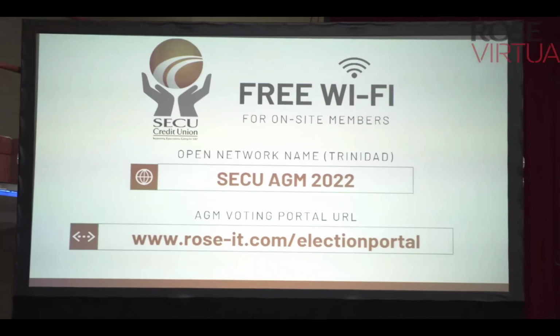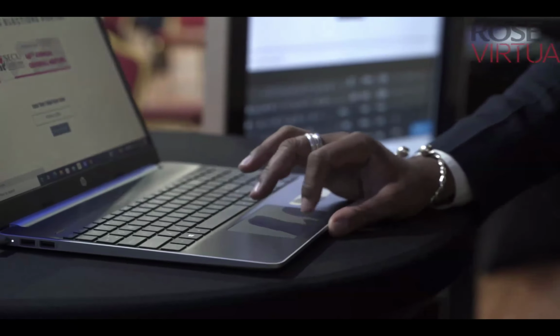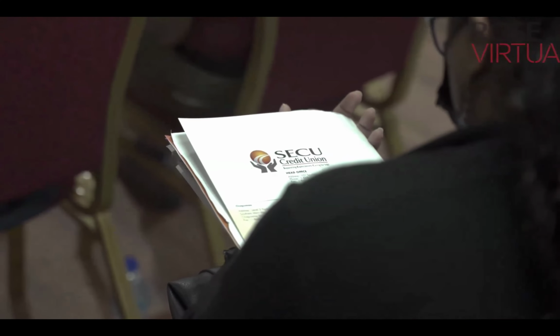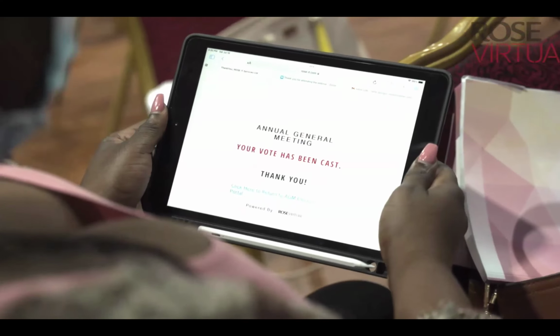They had the infrastructure in place. Security was done professionally. The assistance given by the personnel was also good. The advantage is that it incorporates both the physical and members who will be tuning in online. That will give you greater participation. It made me feel great, knowing that I was able to just use the touch of my phone to access the people I wanted to be representing me. Didn't have to get off your seat to go and line up, everything simple on the phone and easier. It's better than paper because paper is more work. Paper would have been a lot more work and making mistakes.